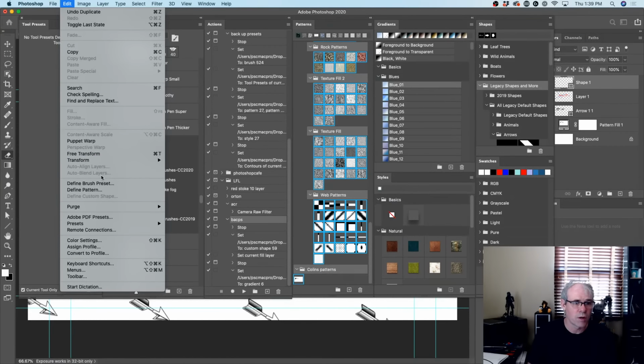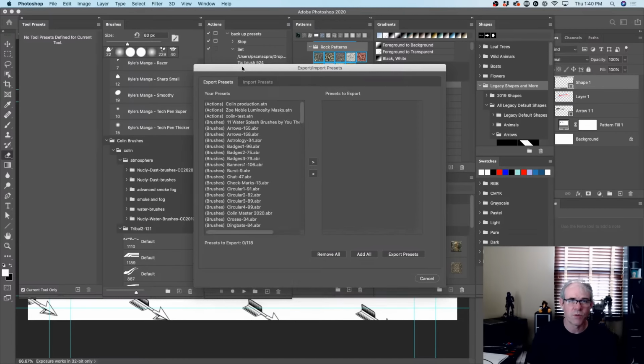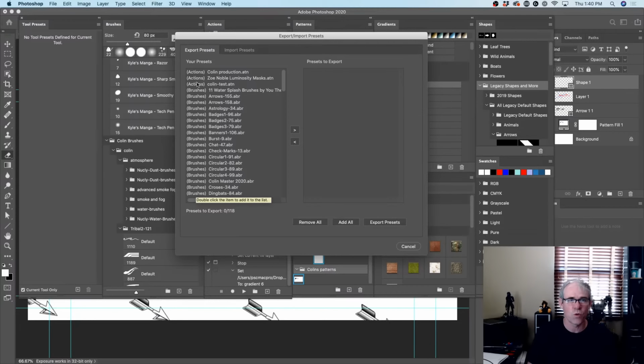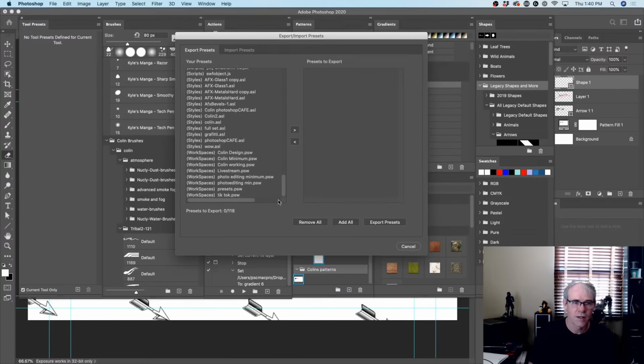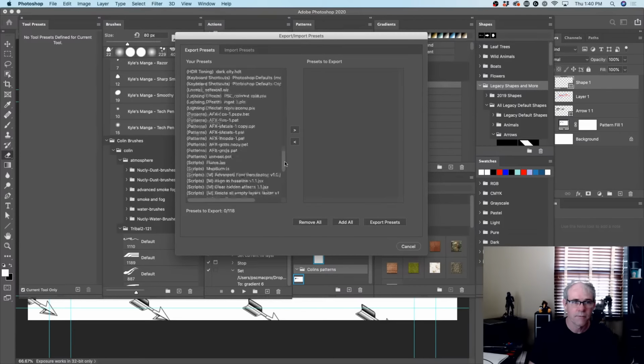And then there's one more option here under presets, which is import export presets. So if we go here and we choose to export the presets, this shows all the presets on my system right now. Look at this, we've got all of this. So we can see we've got workspaces, so these are all the workspaces we created. There's the presets workspace that I just created today. So these get added whenever I create those, or styles, custom styles, scripts, patterns, brush presets, actions, there's the production actions, whatever. When you create these,